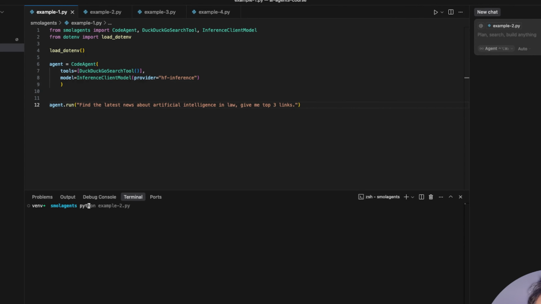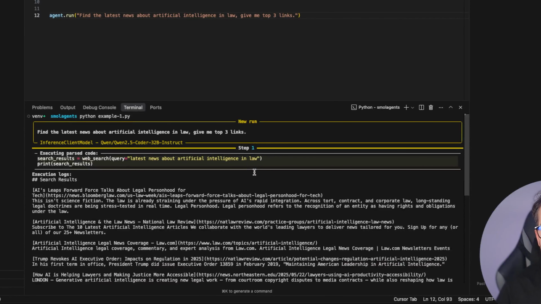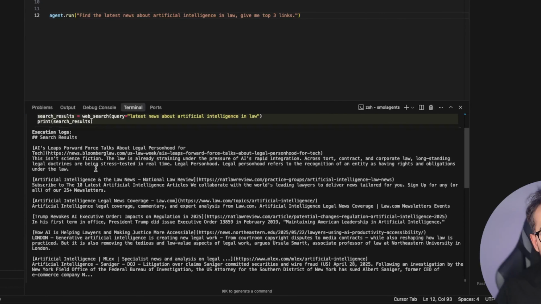So let's run it. Say python example 1. As you can see, it is creating steps like the workflows we talked about in the last video. It has generated this code, it is passing web search, and it has our prompt, but without the top 3, because it will give us the top 3 itself with the LLM. And these are the logs. It is searching the web,